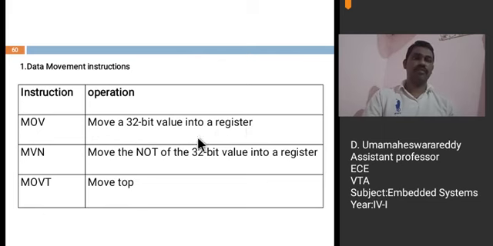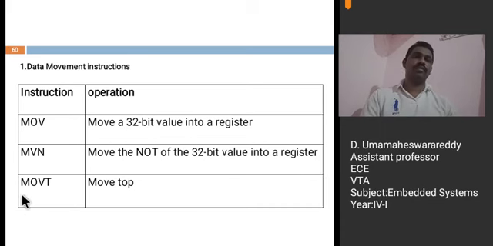Next, move not. Move not instruction moves the not of the 32-bit value into a destination register. It performs the not operation on the source values, and then it moves that corresponding value into the destination register.